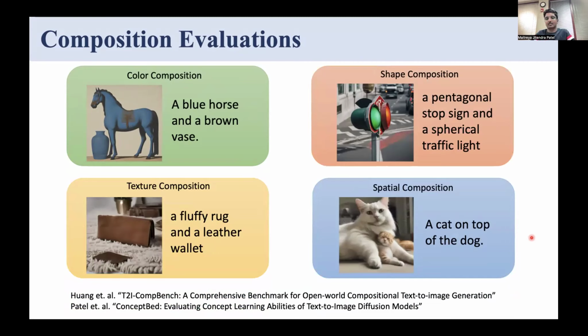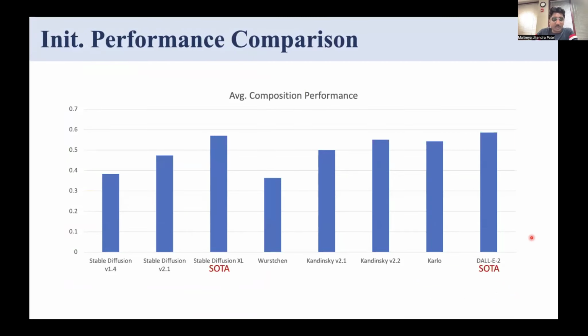There are many other composition categories, like shape composition, texture composition, and spatial composition. Throughout this whole talk, when I measure performance, I will be measuring average performance over all these compositions. Then we will talk about how parameter efficiency or resource efficiency can play a big role in these settings. If we simply put the performance chart for all these different state-of-the-art models, such as Stable Diffusion or any unCLIP series model, and this talk is before DALL-E 3 came out,